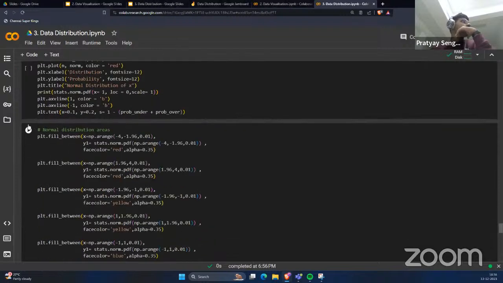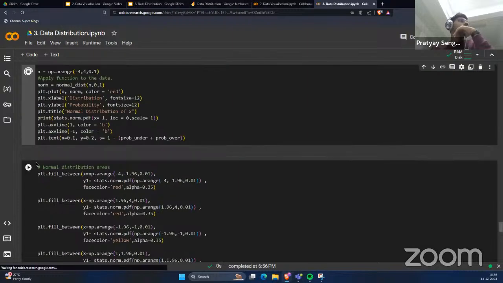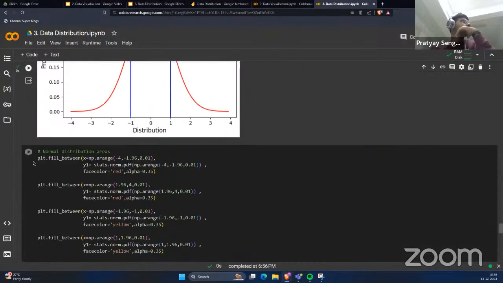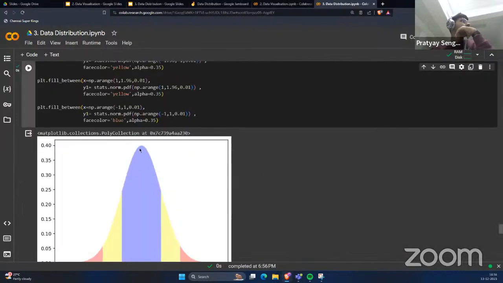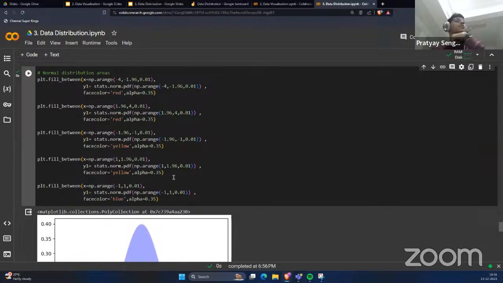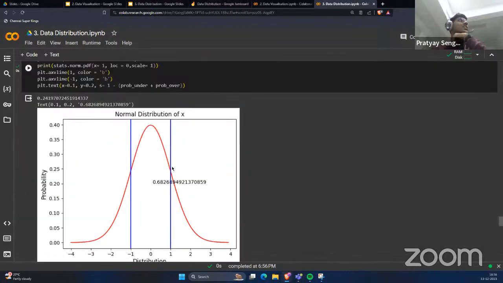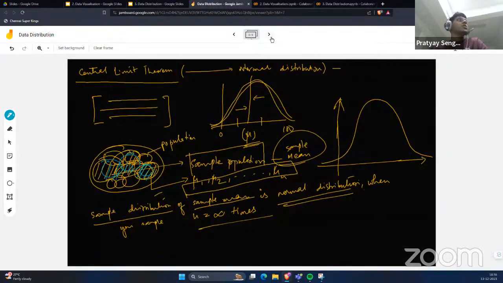Let's not go here, as I'm almost at the end. You can color like this on the basis of how many standard deviations you want. So this is the standard deviation. Normal distribution is basically where you get the whole data within 3 standard deviations, right? So a very important thing is your distribution,